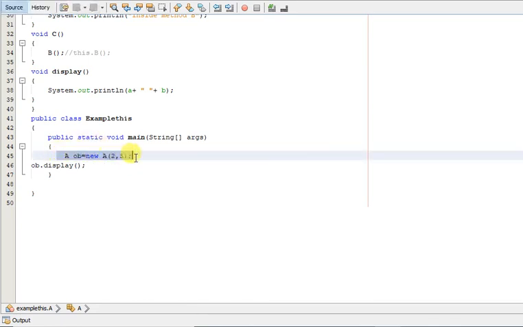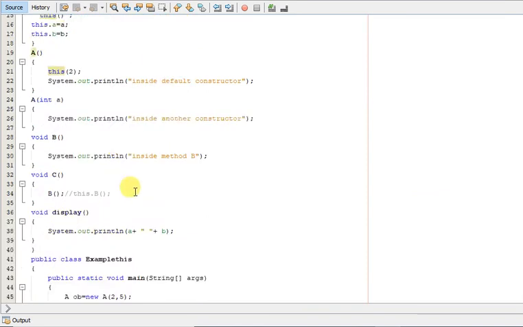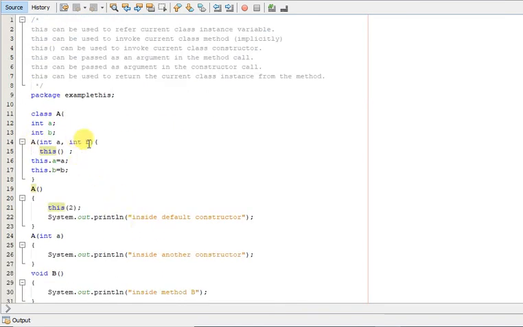When we create the object of A, this will invoke the parameterized constructor, which is having two arguments. It will directly go to this. Now in this constructor, it will call the single argument constructor, and this will call the default constructor. So what should be the output?